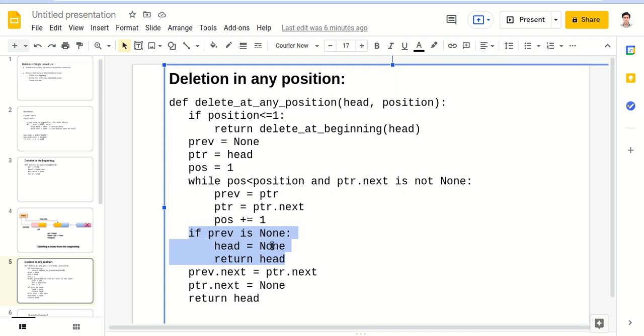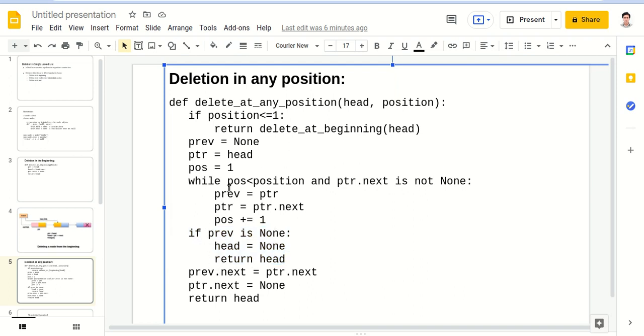In that case prev is none, so we'll make head none and return head. That's it. No node will be returned, and whatever the head was pointing to earlier will be freed by garbage collection.